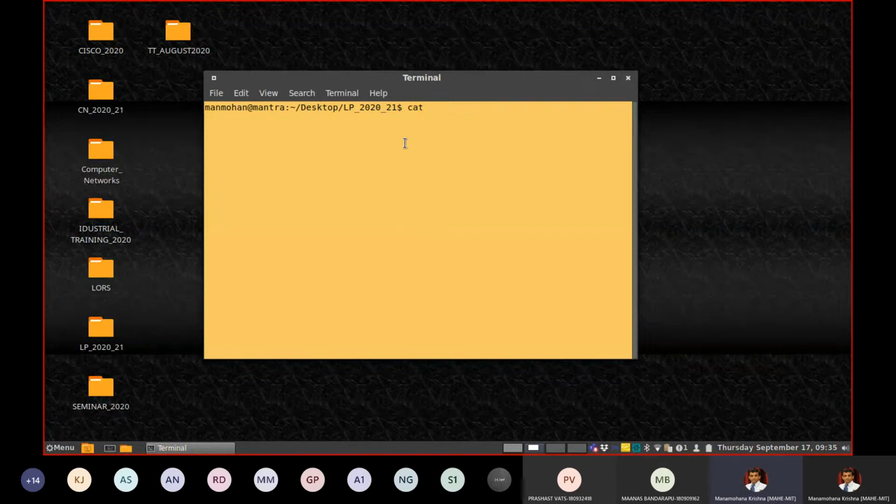So this particular discussion features some simple filters, system commands which accept data from standard input, manipulate it, and write the result to the standard output. Standard input is our keyboard. Standard output is, as of now, this computer screen. Standard input is the keyboard. Standard output is the CRT or monitor.